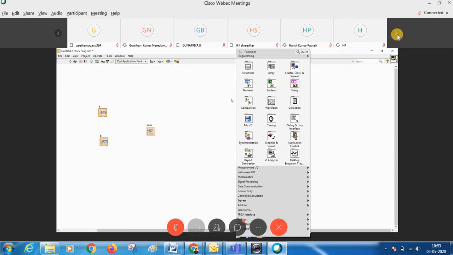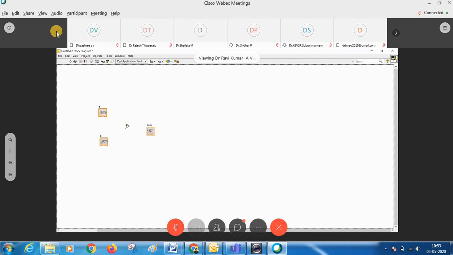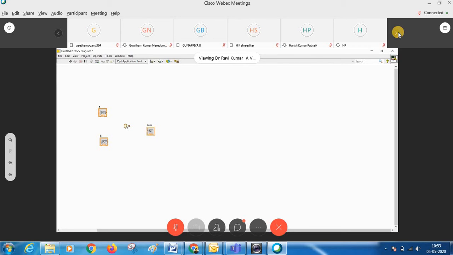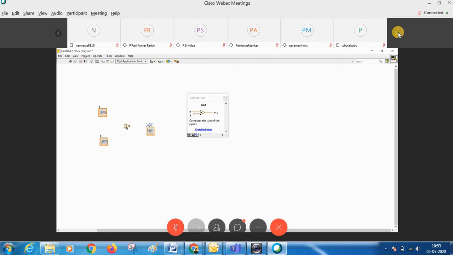Let me come to this addition program. So this is your numerical function. Let me take the addition function and place it there. This function needs inputs. To get help on it, use the context help, which gives help regarding that function.